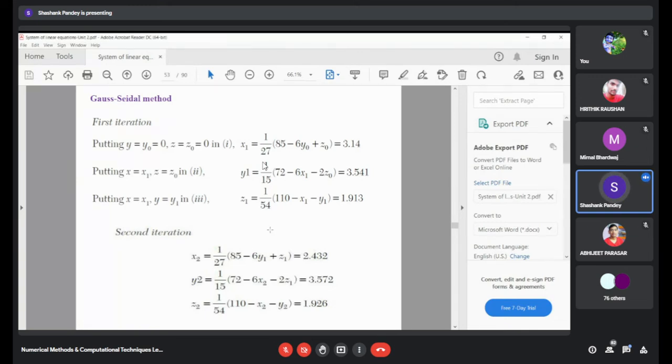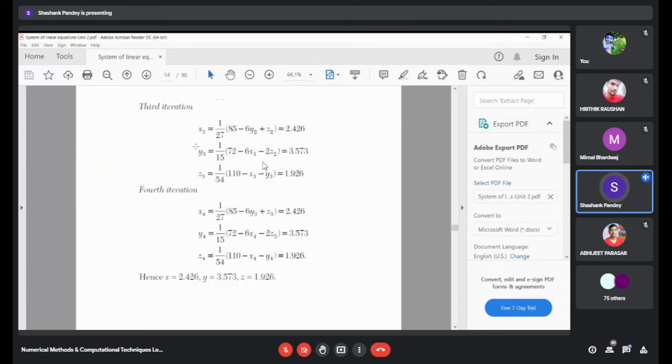Okay. So this x2 we will compute by substituting the values of y1 as 3.541 and z1 as 1.1913, and we get x2 as 2.432. This is the updated value of x2, and we will use the previous value of z1 here for computation of y2. Now these two updated values of x2 and y2 will be used in computation of z2. Similarly, we have performed this up to the fourth iteration, and we see this is the exact answer: